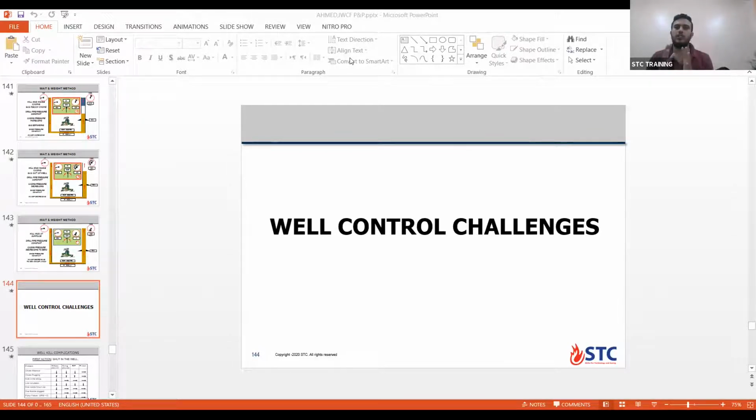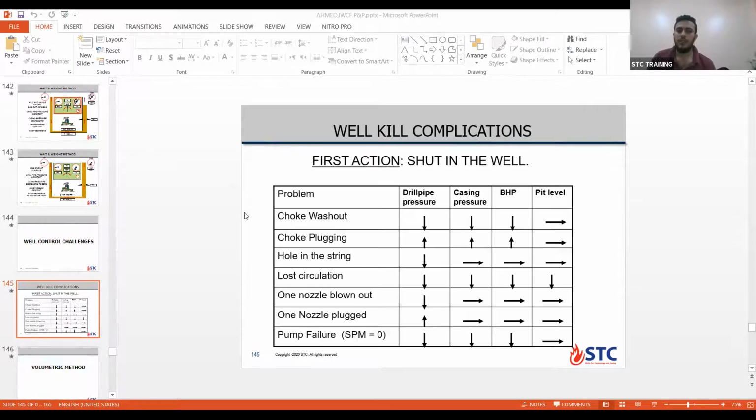Talking about well-control challenges. Now we're going to talk about the problems, the challenges that we may face during circulating out a kick out of the well by any of our well-control methods, as we discussed earlier. So let's have a look here. We have many challenges. We may face shock washout, shock plugging, hole in the string, loss circulation, nozzle blown out or nozzle plugged,